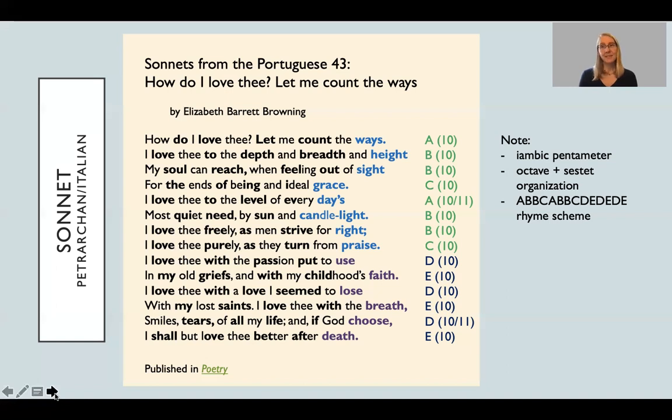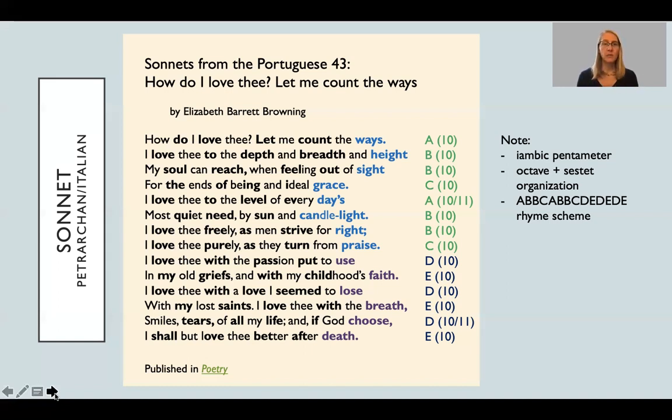So I did put a little extra emphasis on those stressed words so you could get a sense. But there is a real sense of rhythm in there because Barrett Browning has put attention into the meter and the order of syllables, the word choices that she's made in order to make that rhythm happen. So that doesn't just happen on its own. You craft that as a poet.